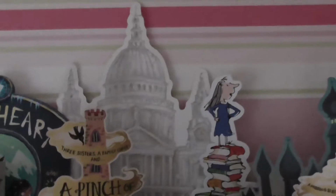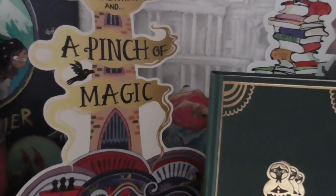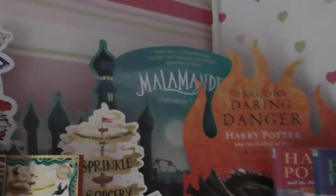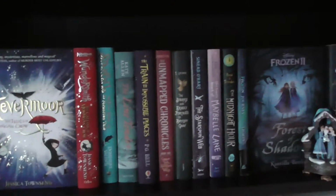I also have a Paddington. That's a Paddington bear standee, but you can't really see Paddington. If I move this, you can kind of see him there. There he is. And Matilda. Matilda standing on a stack of books. I'm not missing anything else of the standees, am I? Malamander. Yeah. So then we go into the hardbacks,